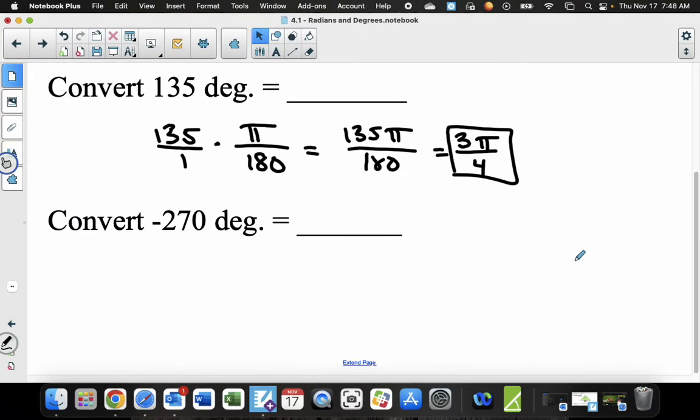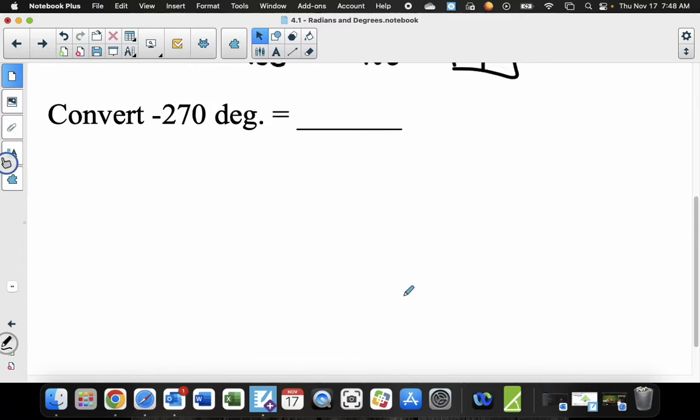And if we take a look, negative 270, what'd you get for an answer? Negative what? What fraction? Yeah, negative 3 halves. Negative 3 pi over 2 is what you should get. Negative 3 pi over 2 is the idea, okay? That's what you should have. If you take that and you multiply it by pi over 180, that converts it from degrees into